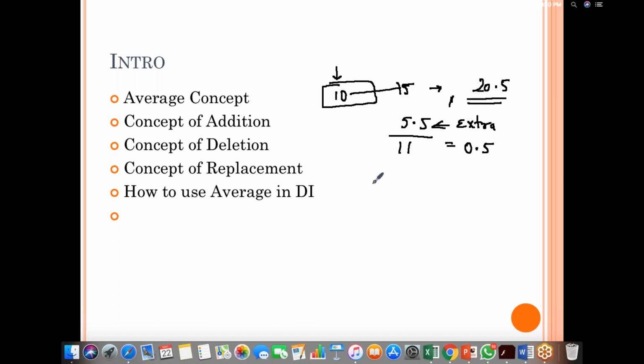See, earlier in engineering we are habituated to doing it by n1 x1 plus n2 x2 divided by n1 plus n2. I am doing the same thing, but in a better, more fluent manner, which is very useful when you are working with averages. So if this extra person is bringing the same value, the average will not change. So we say, if average is added to average, the average remains average.